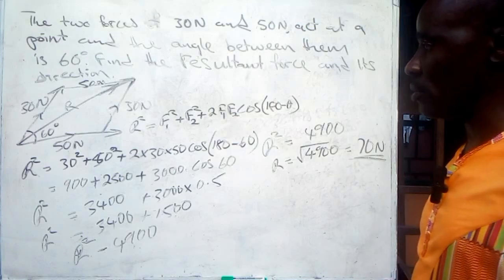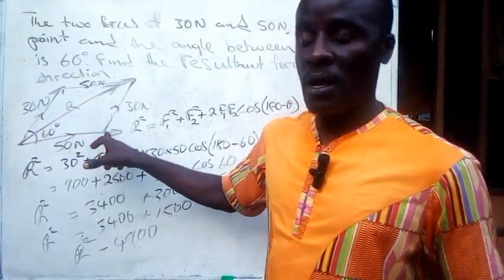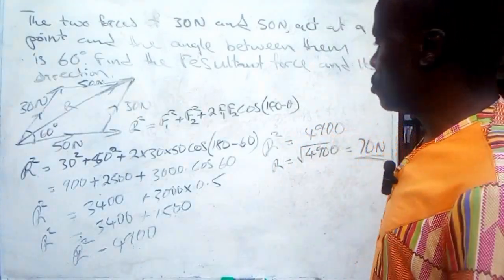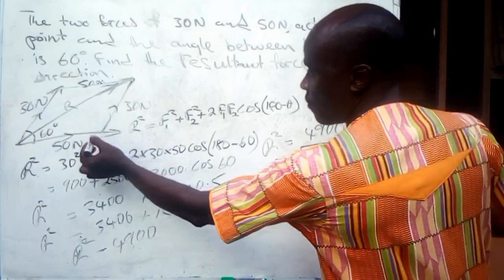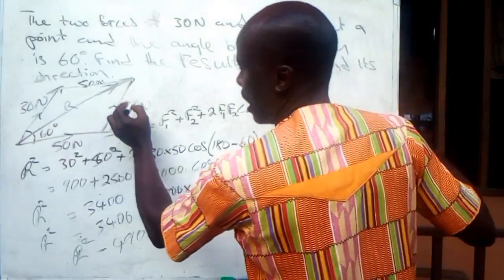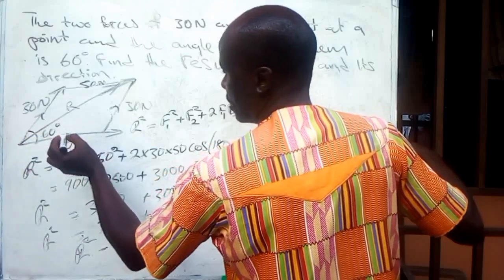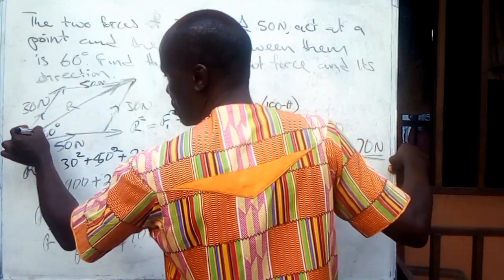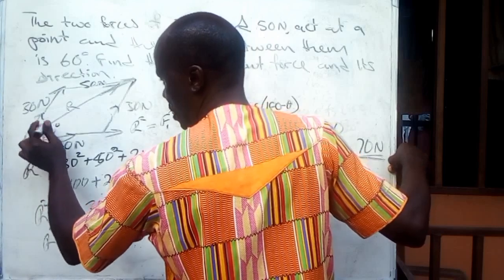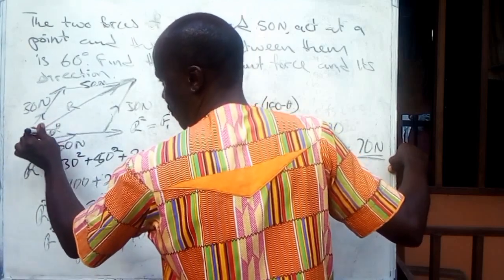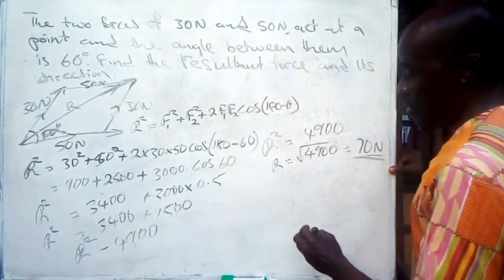Now to get the direction, looking at this, you find out the force will be tilting towards the what? 50 Newton. To do this, we can use the sine rule. We are going to use the sine rule. From here, we have this angle. The direction has to do with this very one here, we can call it alpha. Now the alpha will be